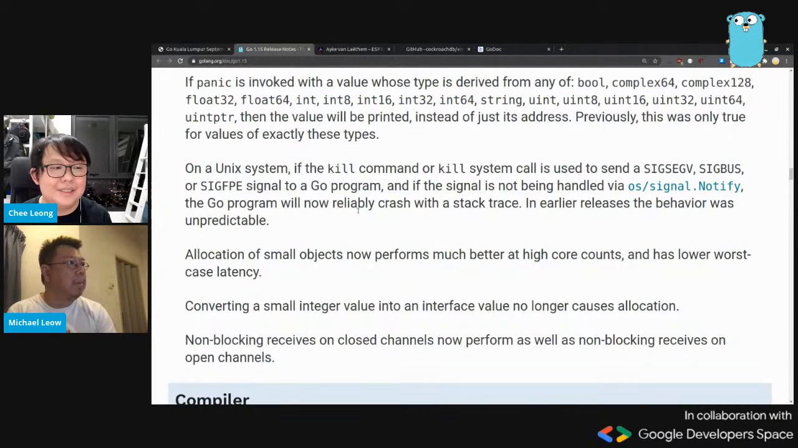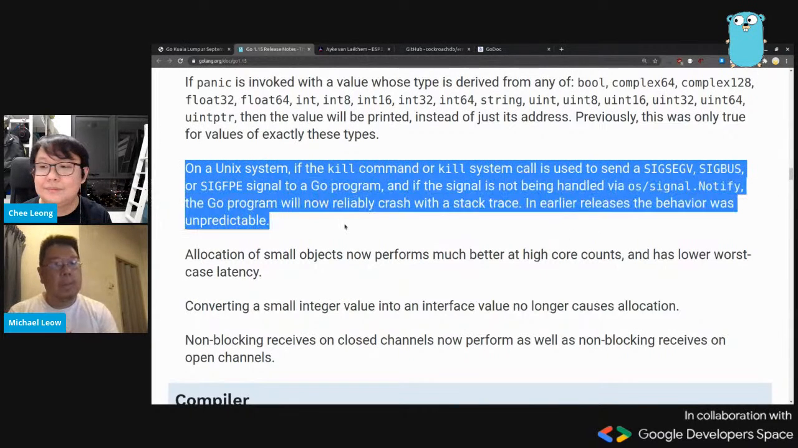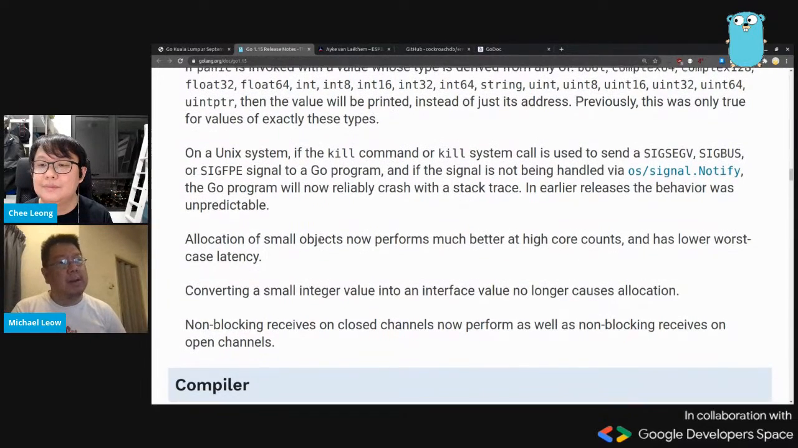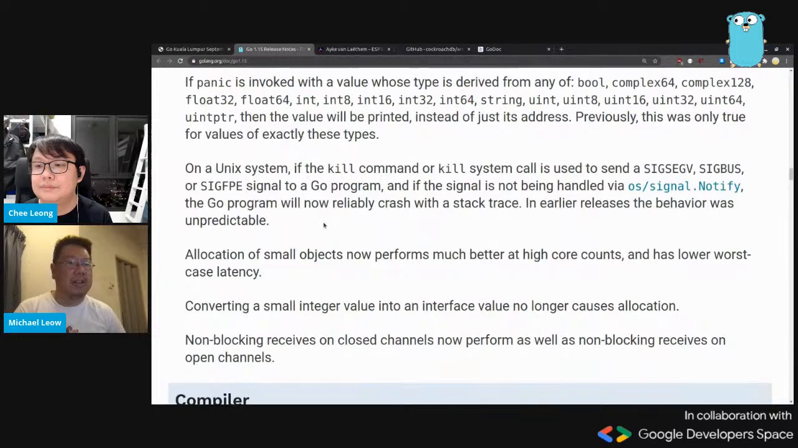So this is big. Okay, we'll crash with stack traces. Previously we don't know what happened. Previously it was undefined behavior, so now it behaves more consistently. For the crashes, do we still have to write a signal handler and things like that? Oh no, it means that if you issue a queue and you don't handle it, you properly crash